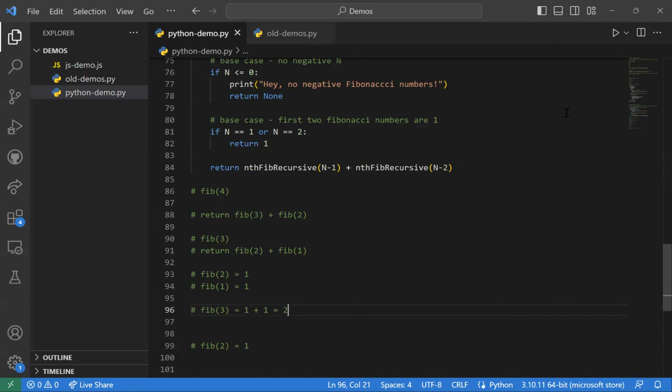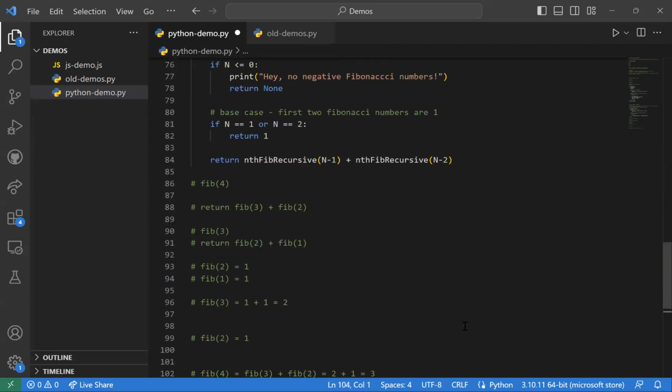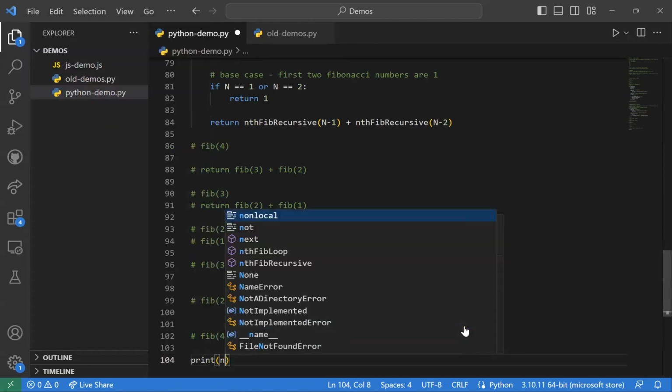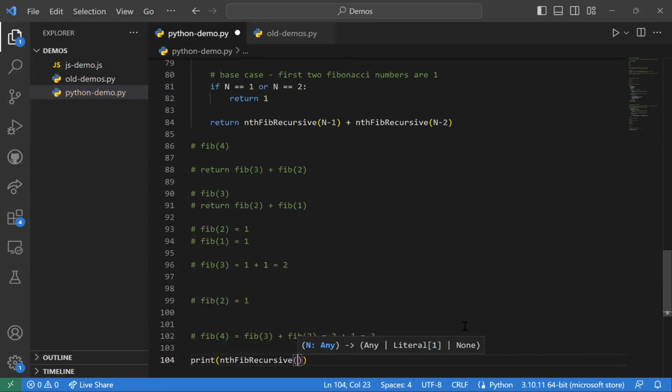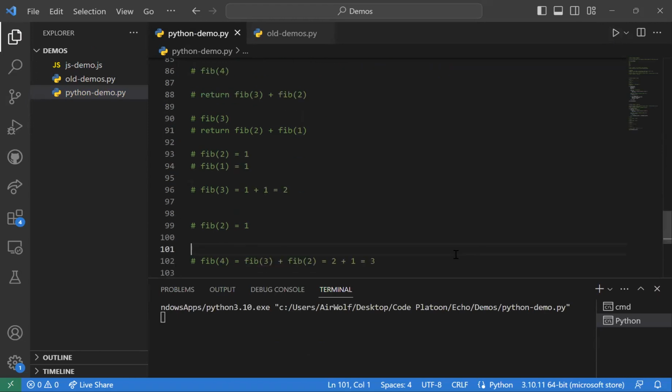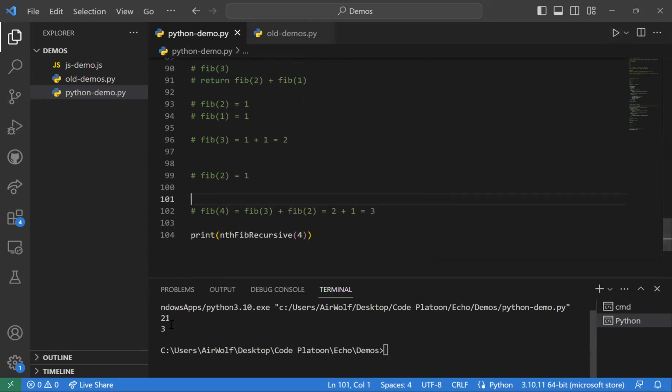And again, don't just trust me that this works. Let's actually try this and make sure. So we can print nth fib recursive and let's do 4. Let me run this in my terminal. As we can see, it gives us the number 3, which is exactly what we calculated